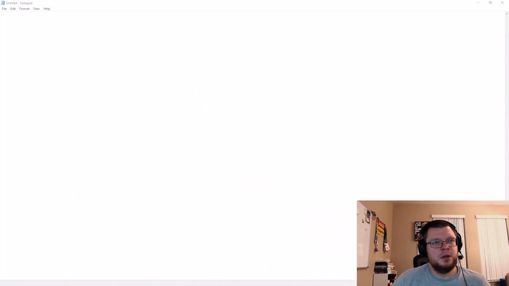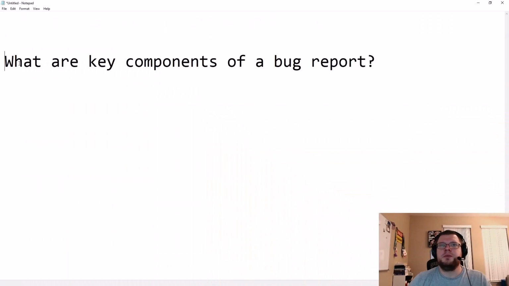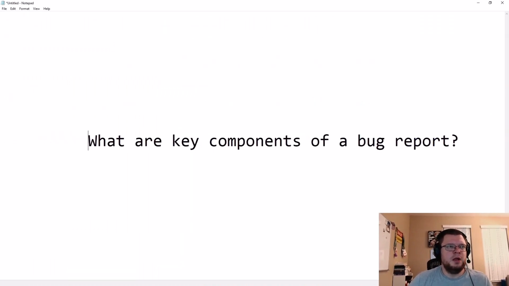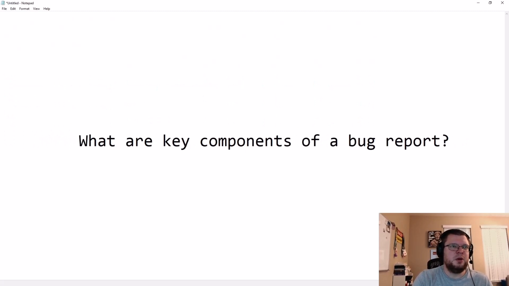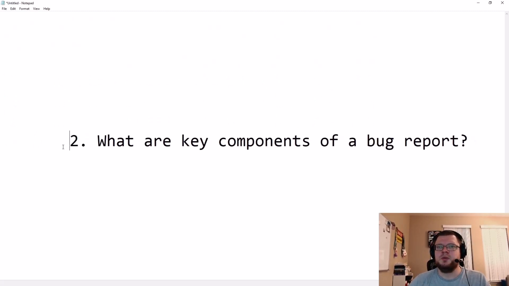Now, the next question that I'm going to put out is question number 2. What are the key components of a bug report? So that's going to be question number 2. Sometimes with that, they also ask what are the most important parts and why do you feel that they are the most important parts. So the components of a bug report are a bug ID, steps to reproduce,